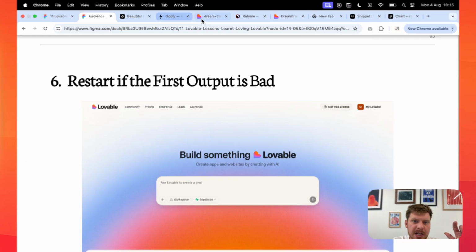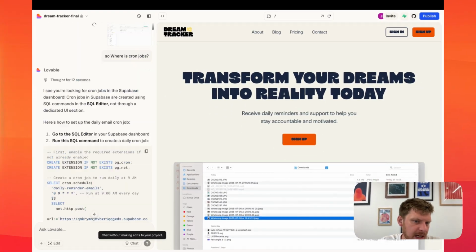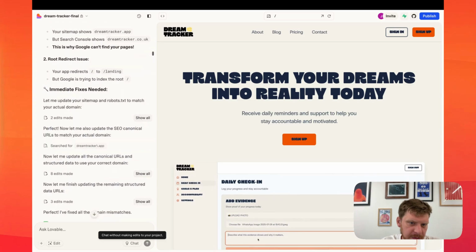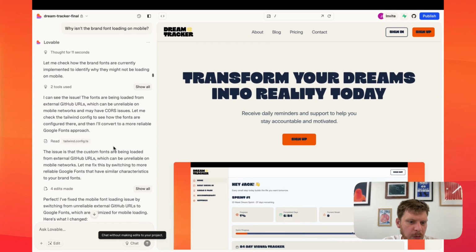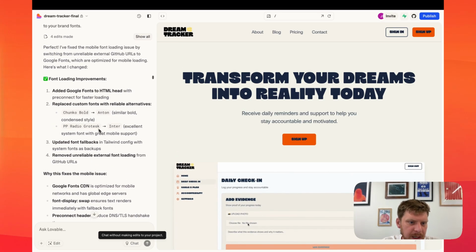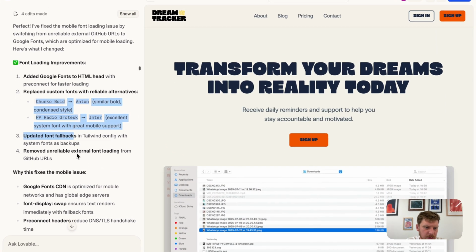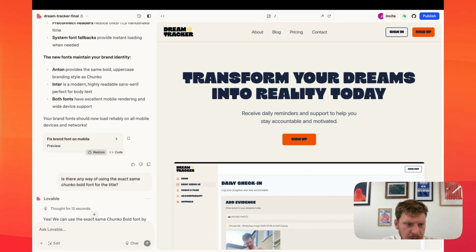Also, say you've gone through a process of loads and loads of prompts and you've completely messed it up, right? What you can do is you can go back to, okay, so for example here, I was actually trying to change all the text across the site. You see it says restore here.